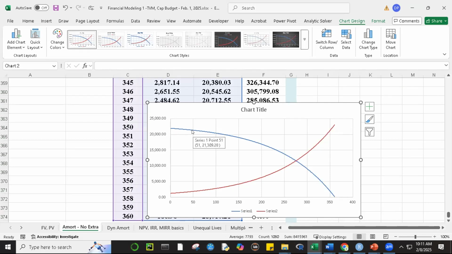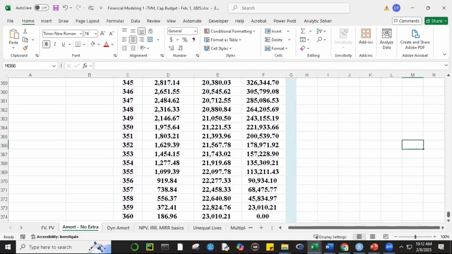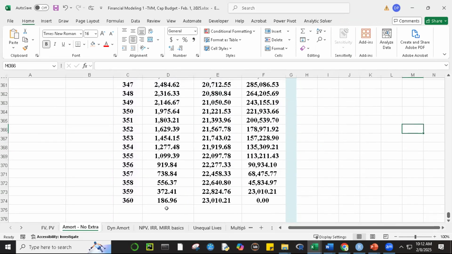That's 21,309, if you can see the diagram, plus whatever this amount is. Okay, the total will be the 23,000 at any time. So you can see that the interest payment is going down, okay, and the principal payment is going up. Okay, but if we check,